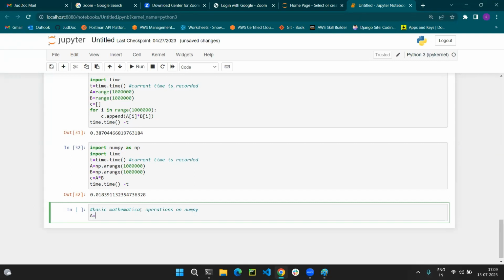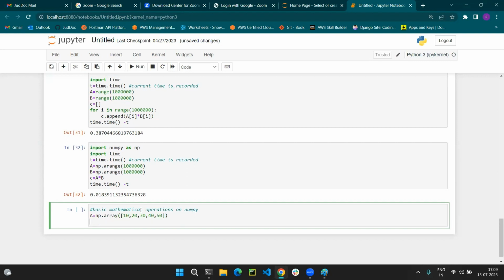So I just create a NumPy array and connect to NumPy, np dot array. Okay, give it 10, 20, 30, 40 and 50. Yeah, it will be fine. And another like that. So if I add plus 1 into my array of a